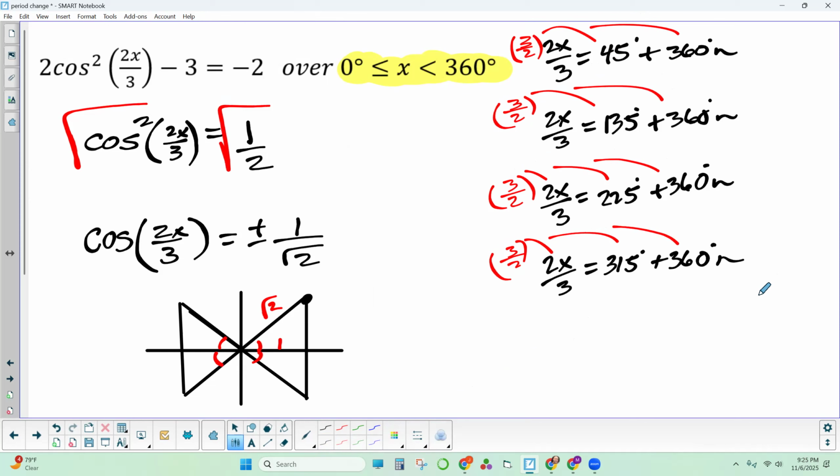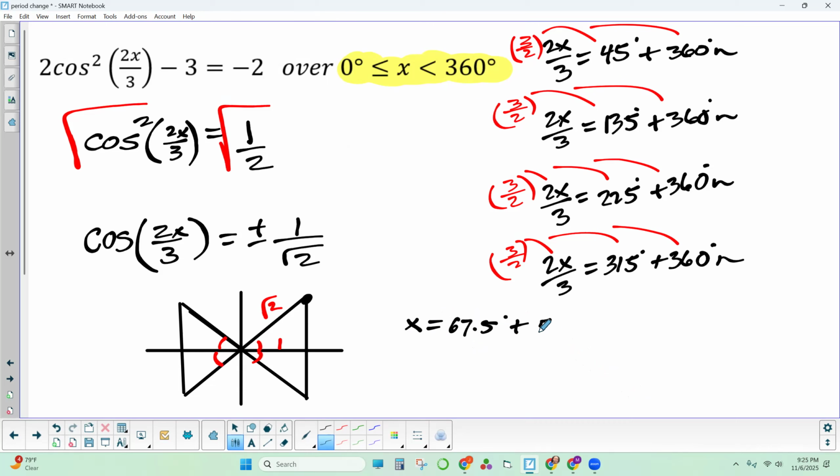All right, you want to take your time with this. Maybe pick up a calculator. Let's figure this out. When I multiply by 3/2, I get x equals 45 times 3 divided by 2 is 67.5 degrees. Okay? Plus 360 times 3 divided by 2